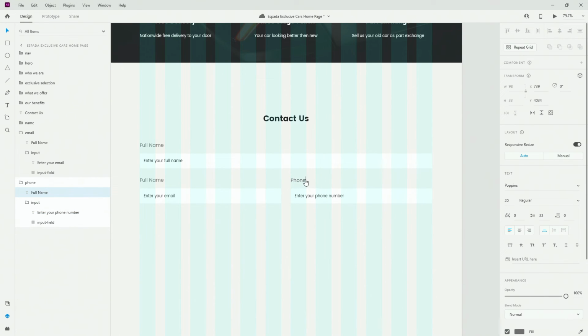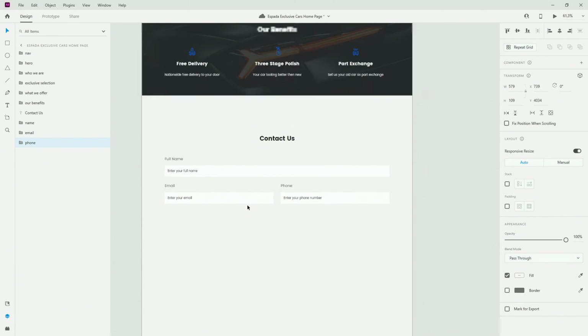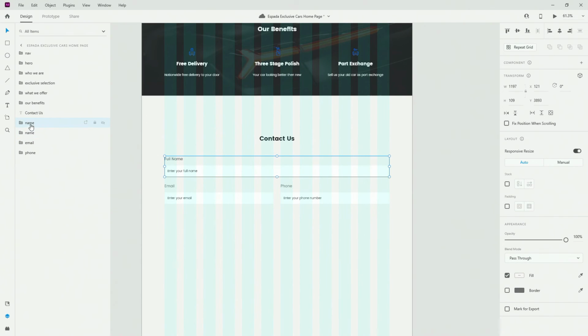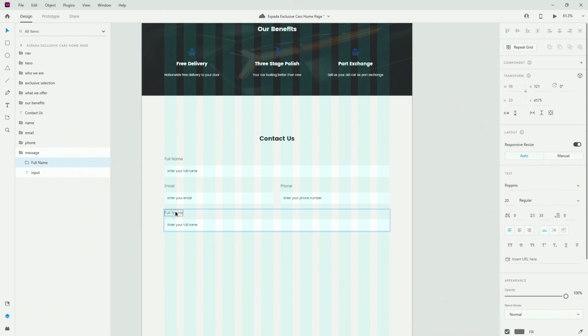Here write in phone, here write in email. There we go. And now let me close these because I want to actually duplicate this one, position it down. This is going to be message, and nudge it all the way down to 32. There we go. And type in message